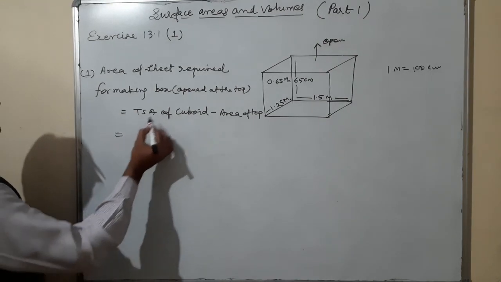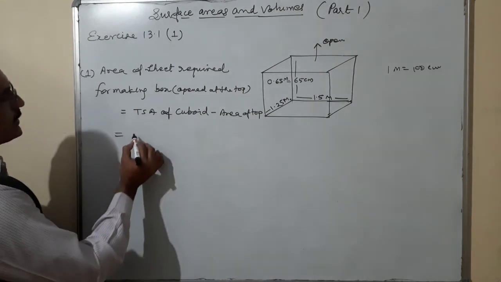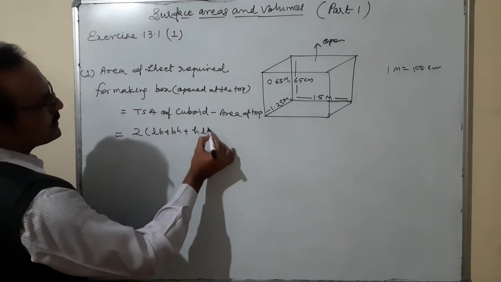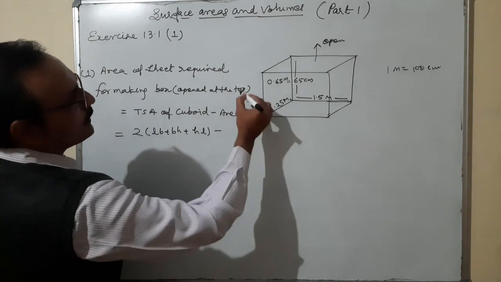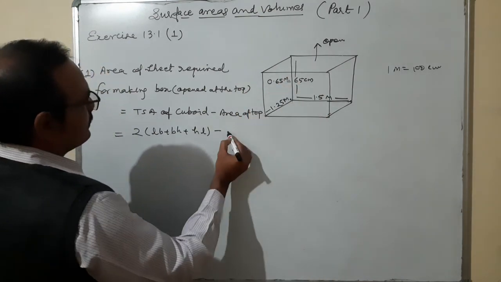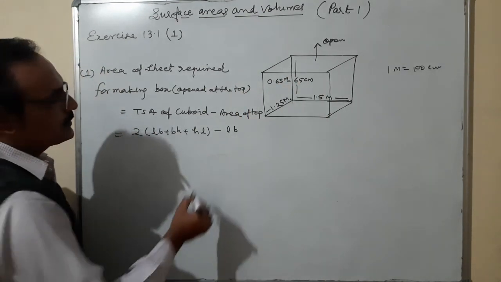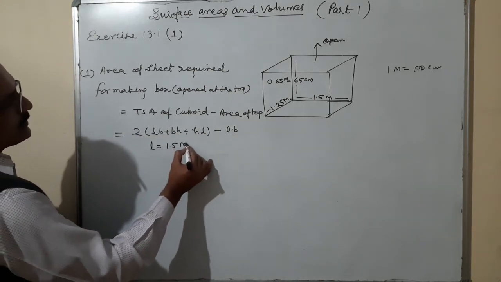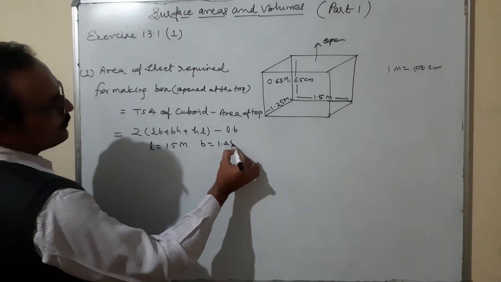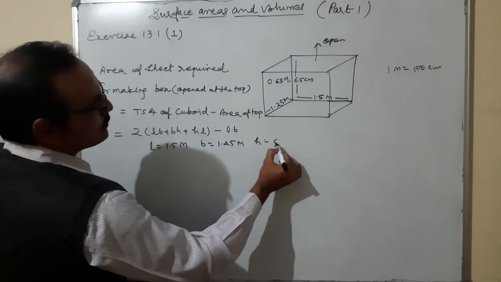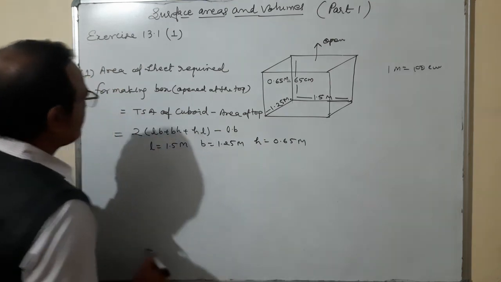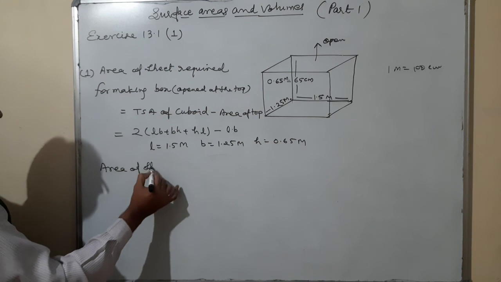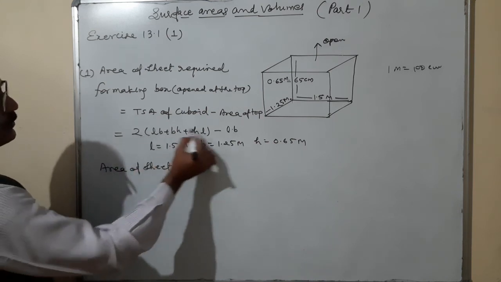TSA of cuboid, the formula is 2(LB plus BH plus HL) minus area of top. Area of top, that means L into B. Simple. What is it? Length is equal to 1.5 meter, breadth is equal to 1.25 meter, and height is equal to 0.65 meter. So therefore the area of sheet is equal to, putting the value here,